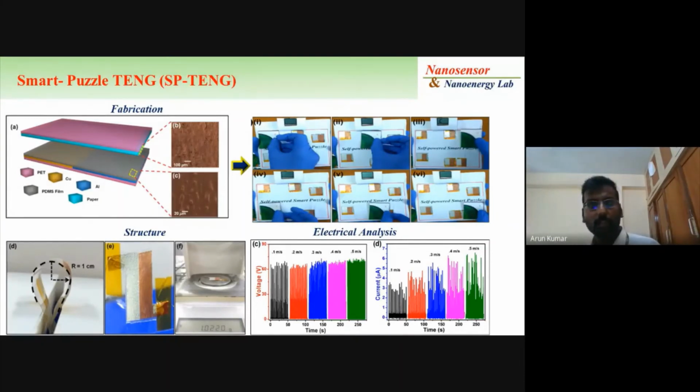Here in the puzzle, we cut the watermelon piece and connected 6 devices in different positions, and we press. Whenever the watermelon piece matches the actual position, you get a signal, and that time it will show C. Whenever the 3 matches that point, you get a self-powered signal. So here it is completely a battery-free device. Apart from this puzzle application, this device can be used to understand the force, and also the way the person presses something.